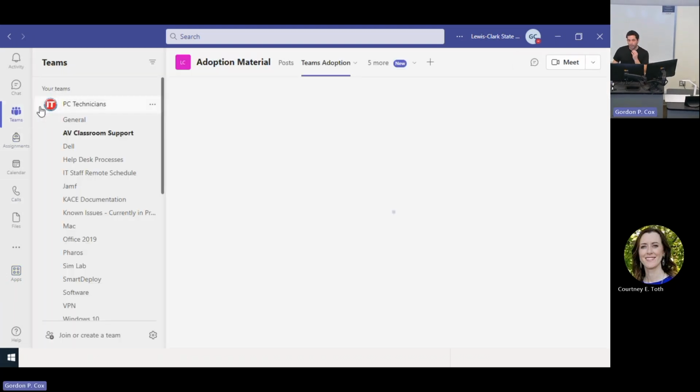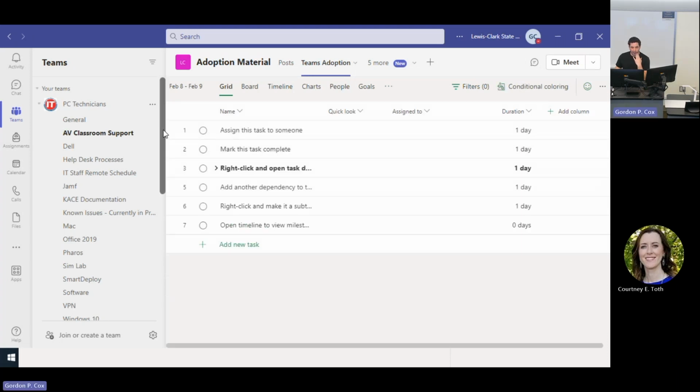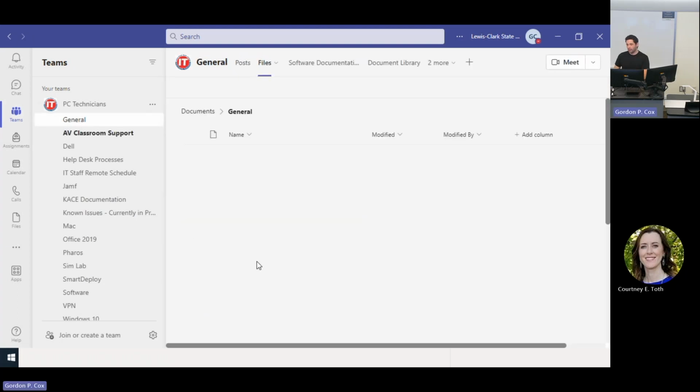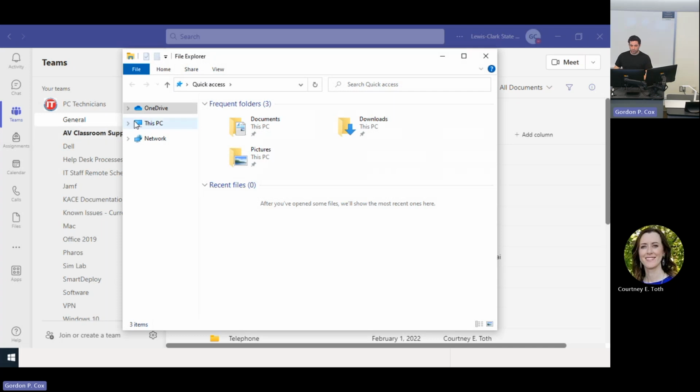All right, so one of my gripes when we moved from the home drives to the Teams channel or the OneDrive is that I was really used to being able to come into my file explorer and then my PC, and I'd have my home drive and my map drive and everything, and I could just click it right there. It was really convenient because I was already in here doing other stuff. And